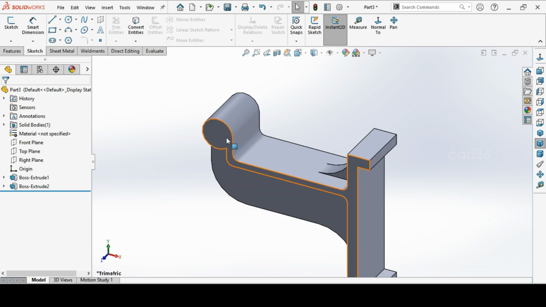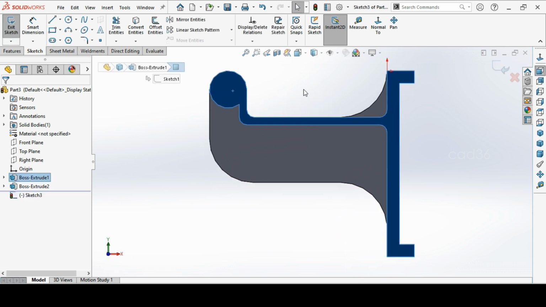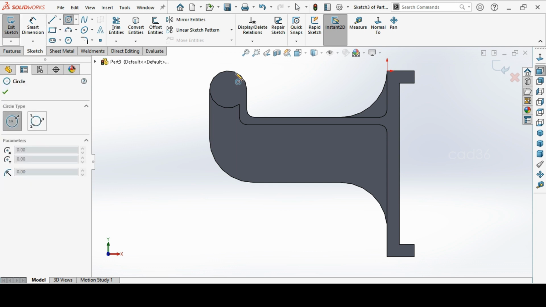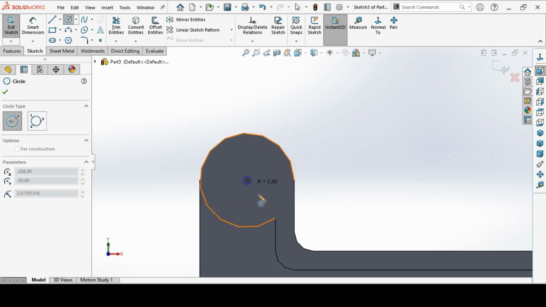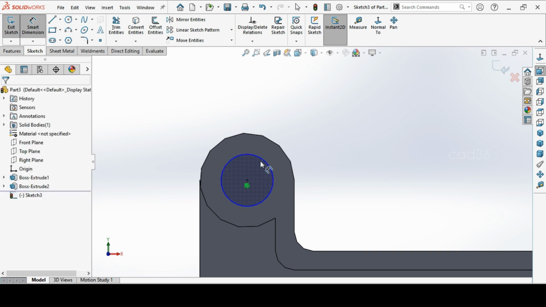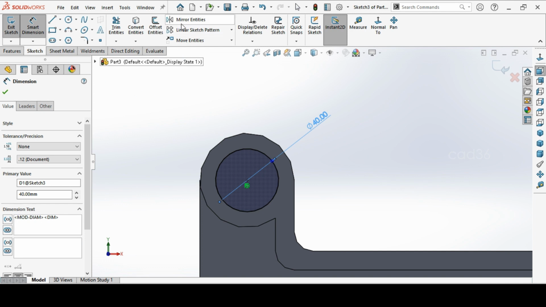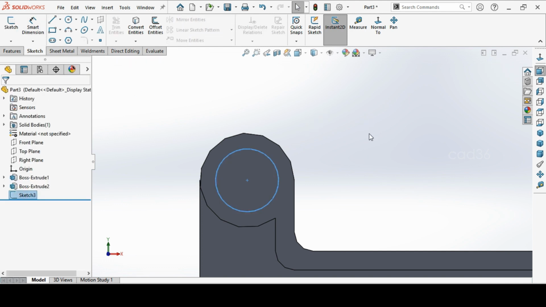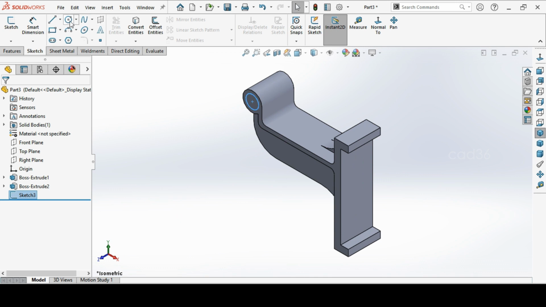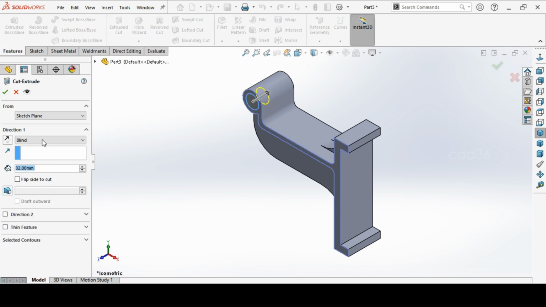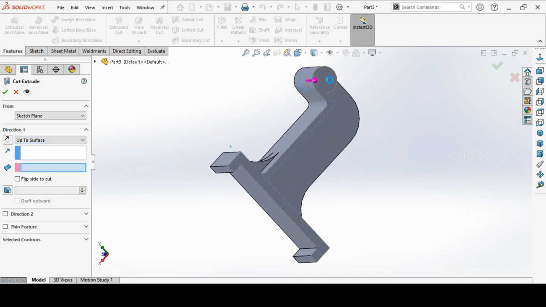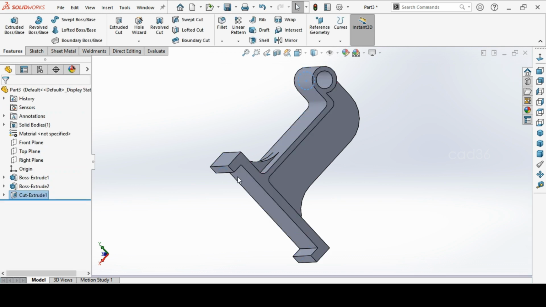Okay, then let's select this surface and sketch and make a circle, and this circle for 40 dia. Then extrude cut. This time we have to go for extrude cut and select up to surface. Okay,